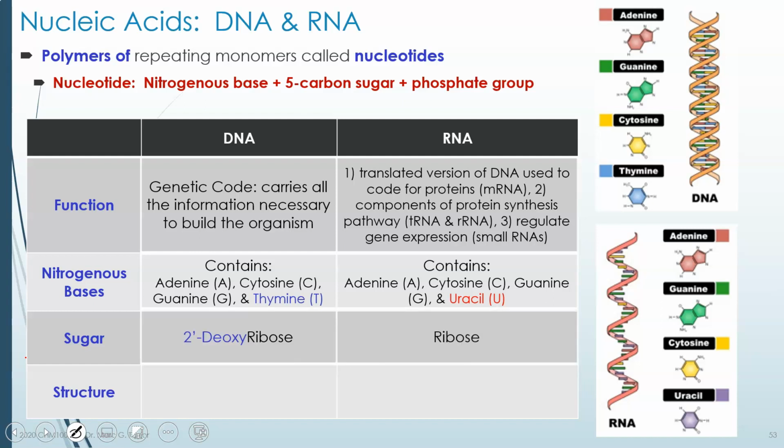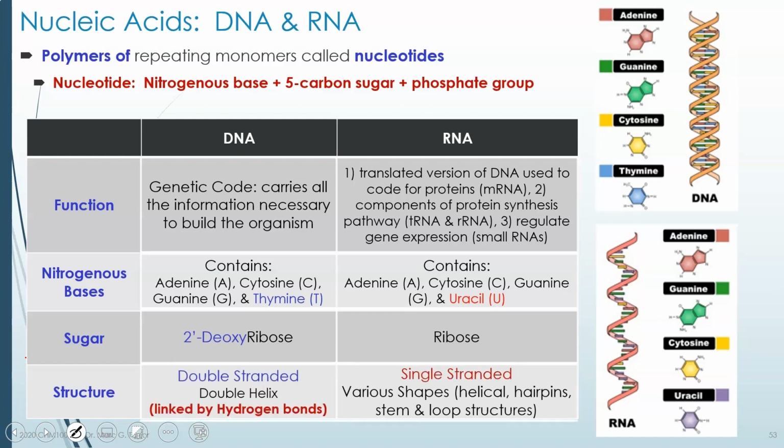The sugars are different between the two. The sugar in RNA is ribose because it's ribonucleic acid, whereas the sugar in DNA is missing an oxygen, and therefore we call it 2-deoxy, missing an oxygen, ribose. Again, you don't need to know the details. The structure of DNA is usually double-stranded and linked with hydrogen bonds, but that's not really where the energy is to hold it together. And RNA is usually single-stranded, though it tends to form what are called hairpins and helices